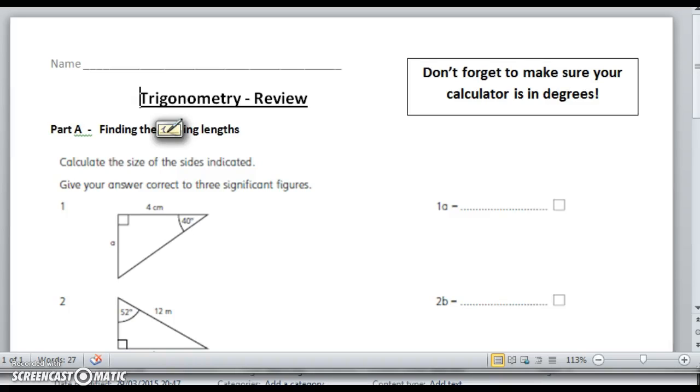Okay, here are the highlights from the trigonometry webinar. We went through a quick review about finding missing lengths and missing angles in right angle triangles. First question we did,